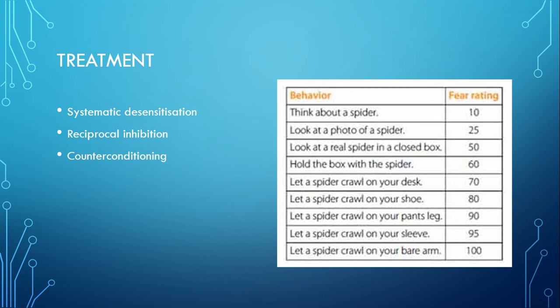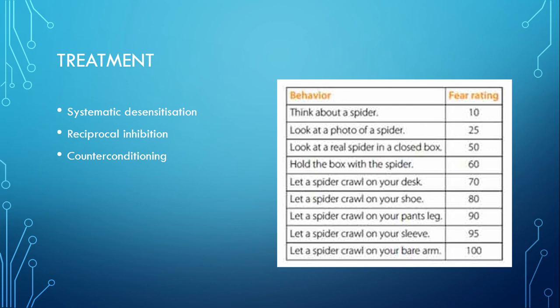conditioning. So behaviourists believe that you learn a phobia by associating the unconditioned stimulus with the neutral stimulus, and therefore developing a conditioned response to the neutral stimulus, which then becomes the conditioned stimulus. So the belief is that the fear can be learned, and therefore the idea is that we can counter condition that fear, so people can learn to associate their fear stimulus not with anxiety but with relaxation and feelings of